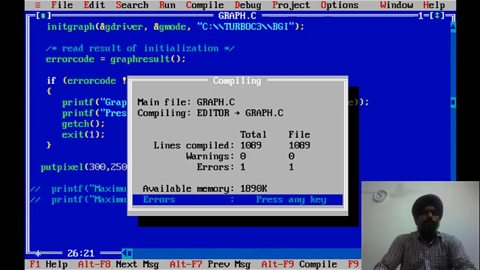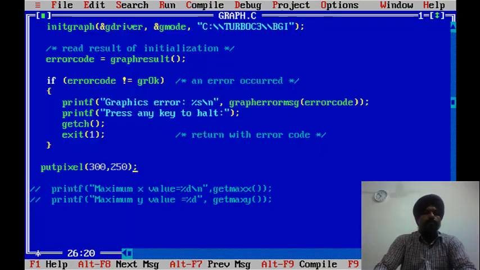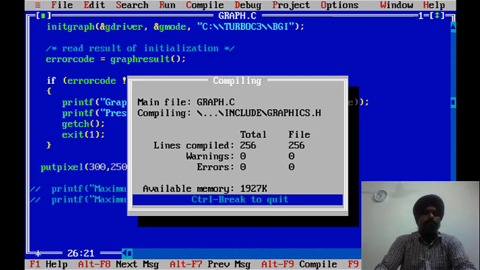This program will plot the pixel here. You can't see it easily because it's a very small pixel on the screen, but there is a small white pixel at the center left of the screen.